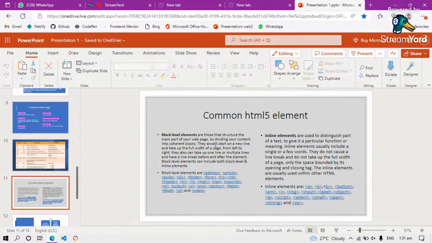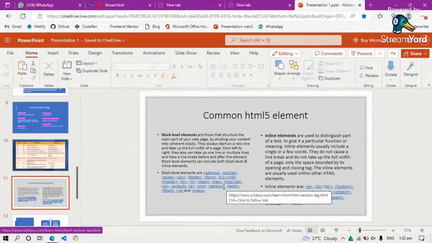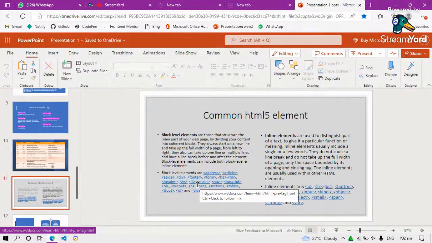Block elements are those structures that contain the main part of your web page by dividing your content into blocks. Pick out the example down here, just like your div. There are elements that you can't really use inside another tag.